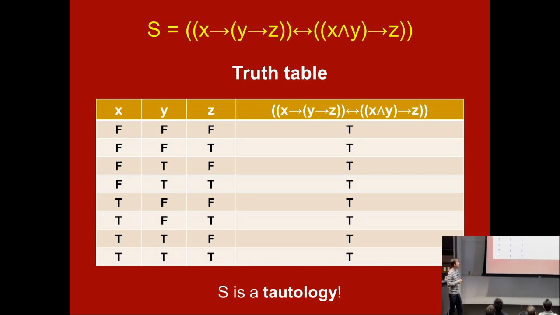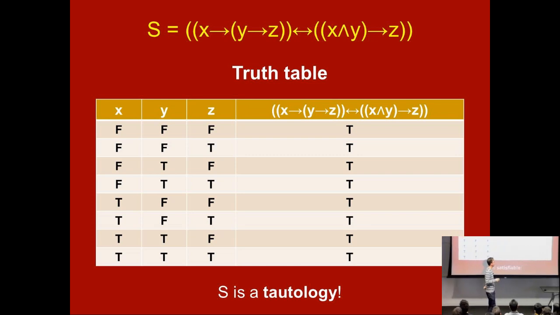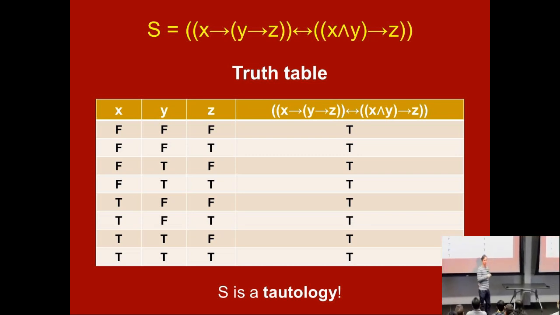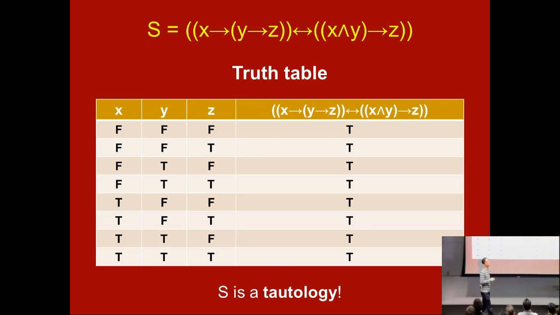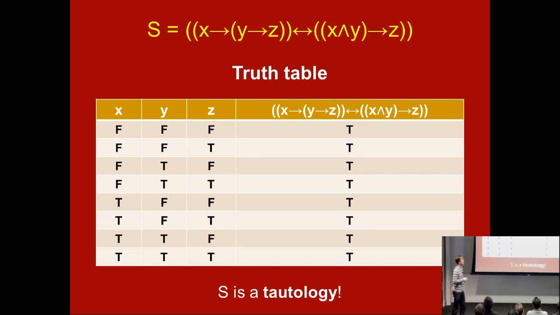Okay, and so what can we immediately conclude about S? It's satisfiable, because there's at least one thing that makes it true. Now, you could work out all the other rows in this table, and I did. Believe it or not, I think I did it correctly. And in fact, for all the other 7 ones, if you plug it all in, you get true. Like the last one, you have true implies true, and that's equivalent to true implies true. So it's true. So that means that this sentence is actually a tautology. This formula is always true, regardless of whether x, y, and z are true or not.